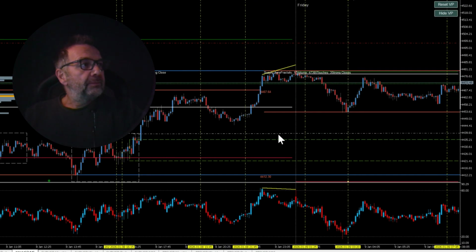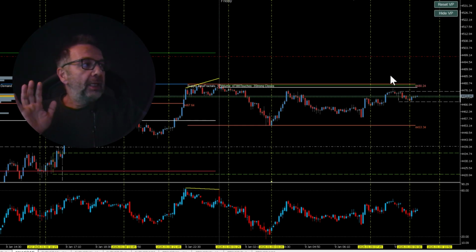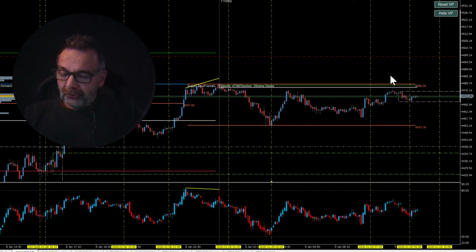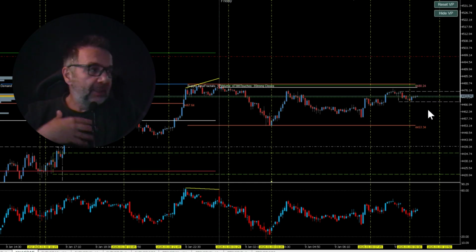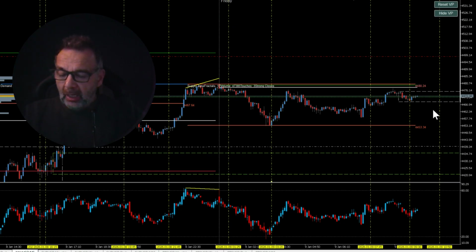And then Friday, as you can see, here we are. So if the market pushes to the upside, it should go today. It's got drive and push, so it should do it by the time we get to the New York pre-trade session. And if that is the case, it's going to break out. If it breaks out to the downside, I obviously don't want to be in that trade. So what I'm going to do, there's no stop loss here at the moment. What I'm going to look out for is that